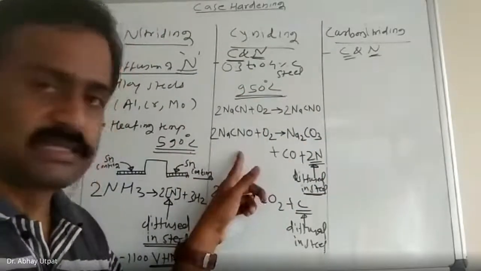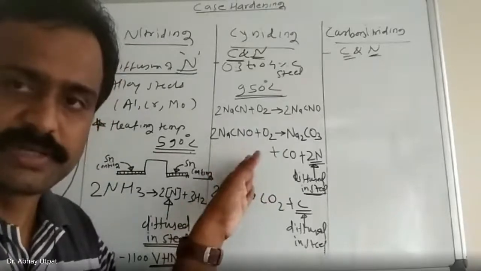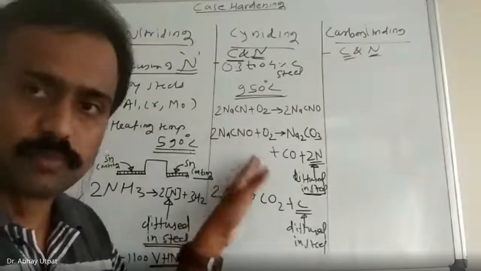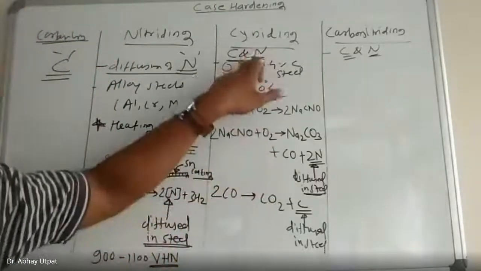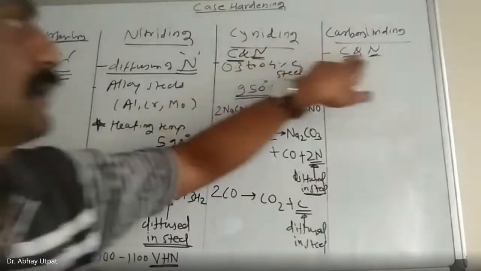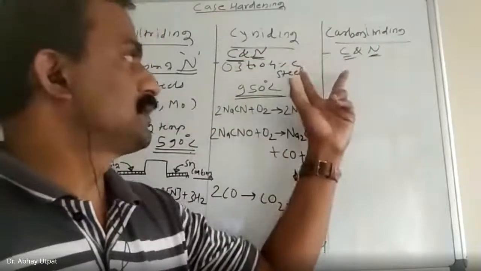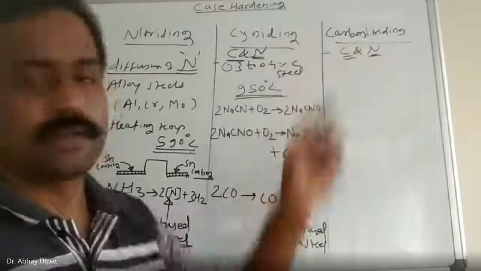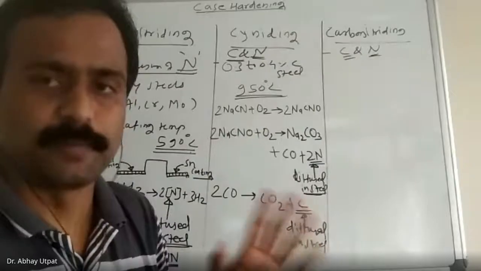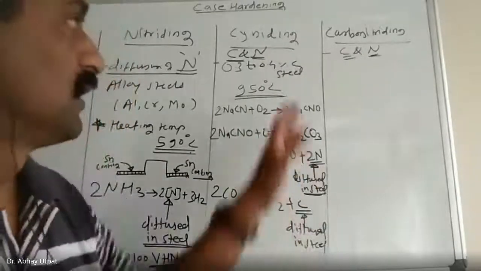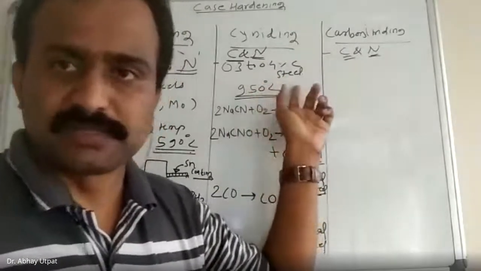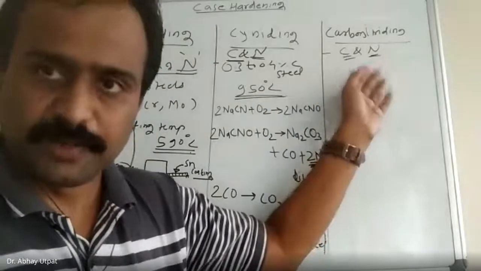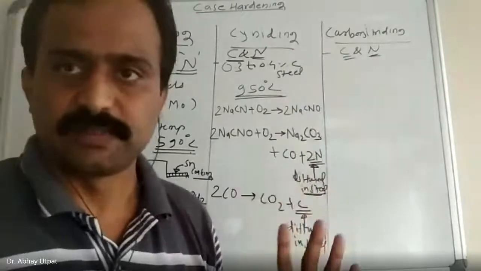Energizer in this case is oxidation. Air is passed, oxidation takes place. Here diffusion of carbon as well as nitrogen both. Now carbon and nitrogen both are diffused in cyaniding as well as carbonitriding. Then what is the difference between these two? The basic difference between cyaniding and carbonitriding is the heating environment. Here this is a liquid bath furnace, and here this is just a box furnace, or electrically heated furnace, and the environment is gaseous.